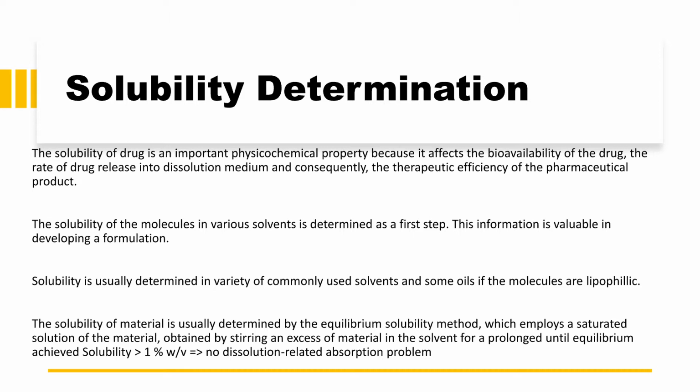So the solubility of any drug substance is a very important physicochemical property, because it affects the bioavailability of the drugs. What do we understand by the bioavailability of the drugs? That it actually reaches the systemic circulation. Bioavailability actually means the rate and extent of any drug which is absorbed in the body. Bioavailability gives us an idea about how much of the drug is absorbed, how much goes into the systemic circulation. So solubility is a prerequisite criterion for any drug substance to know how much will be the bioavailability,